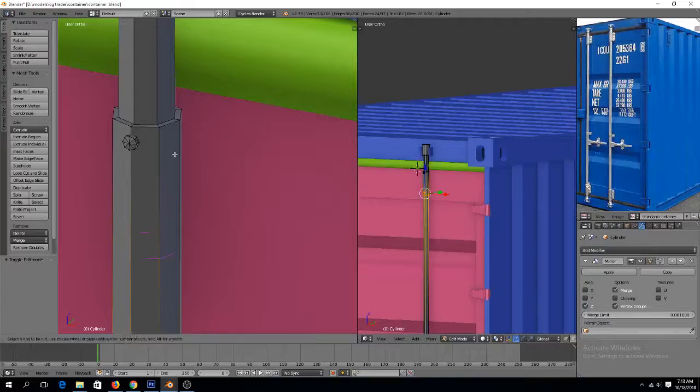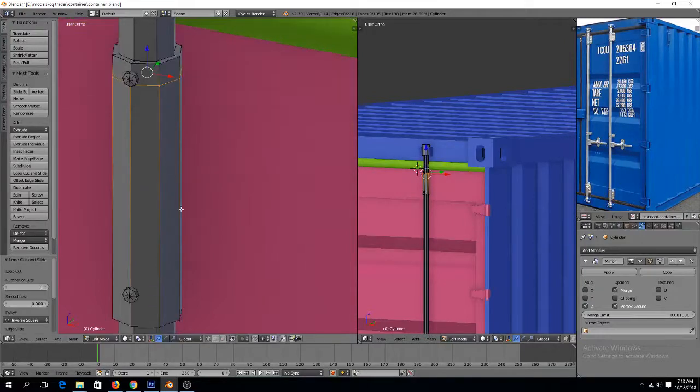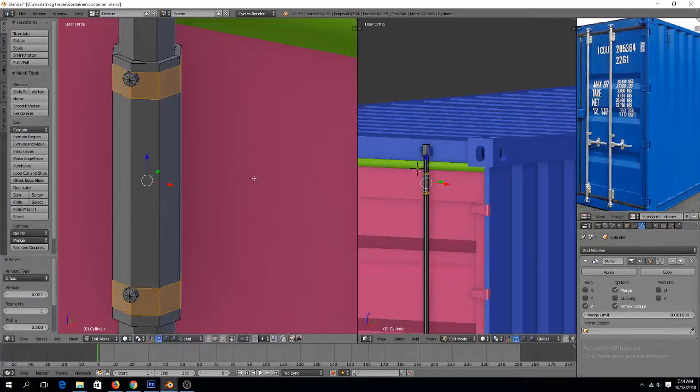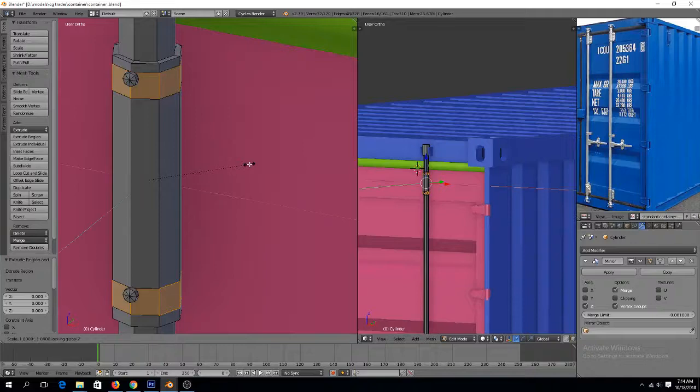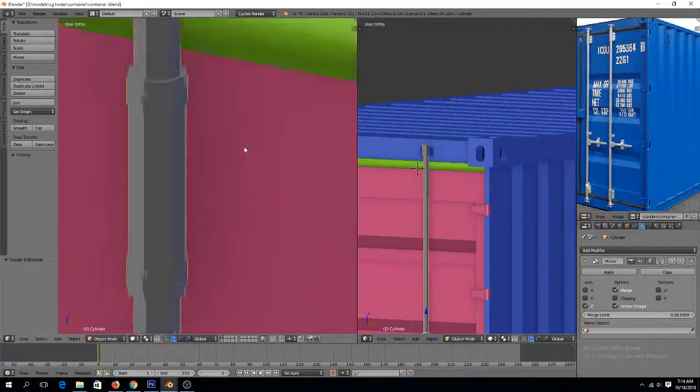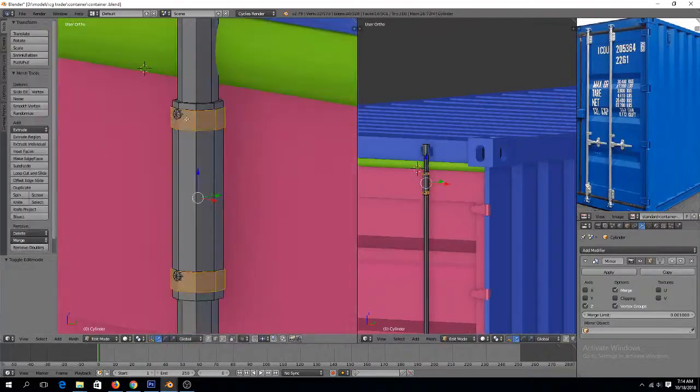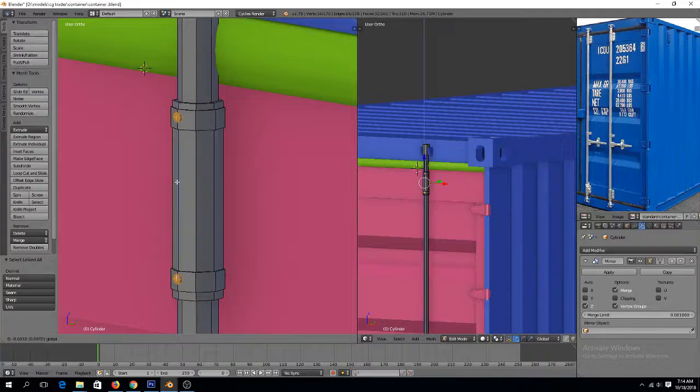I think we also need a loop around here and a loop around there. Select those loops, Control B, then E to extrude, and then scale them out to something like that. We need to select these two, Control L, push them down like that,